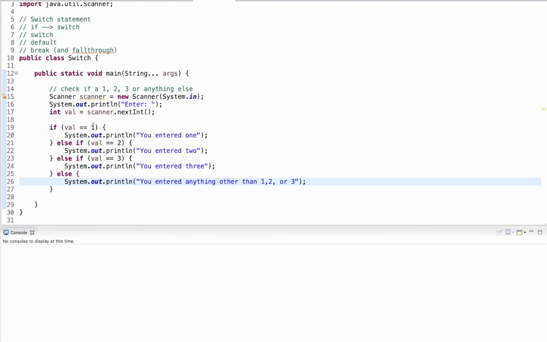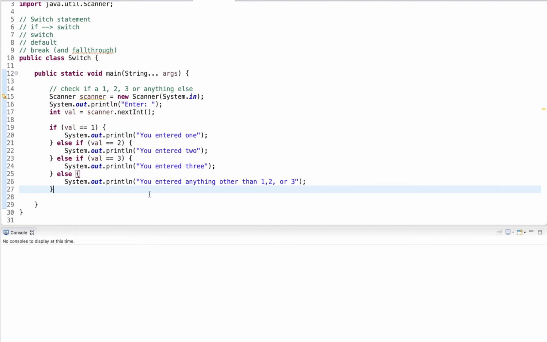When we have if conditions that do not use the less than or greater than operators, that simply check for specific values such as equal to 1, equal to 2, equal to 3, we can use a switch statement. Now if we had something that checks if 1 is less than or greater than, then we cannot really convert it. We want to check for specific values. Then we can use a switch statement instead.